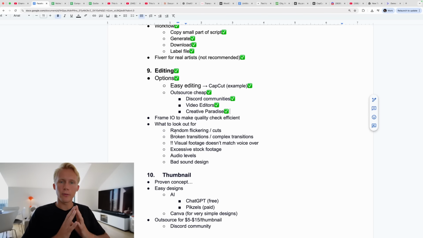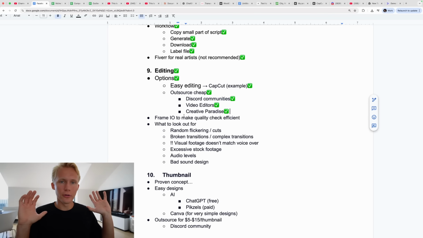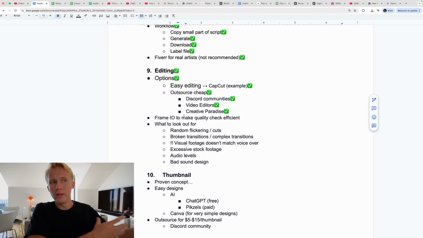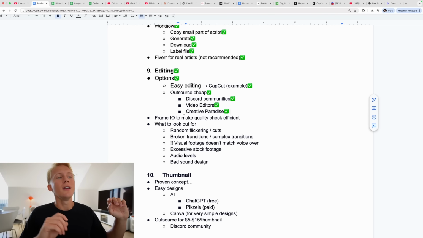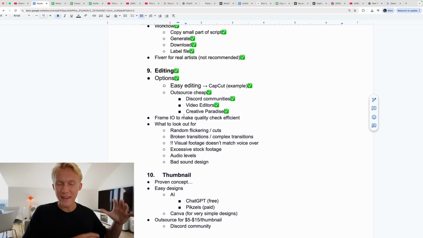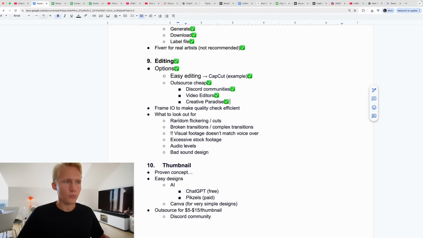Moving on, the next thing I want to mention, and this is just a little tip to help you guys become more efficient, is when you're doing the quality checks for your editing, the content that the editor sends you, or even content that you might have created yourself. Editors, especially cheap ones, are most likely going to have a bunch of mistakes in editing that you have to comment on, especially if they're new as well. More expensive editors can make mistakes, but they generally shouldn't, of course, because they're more expensive. They should be better. But based on my experience, editors do make a lot of mistakes.